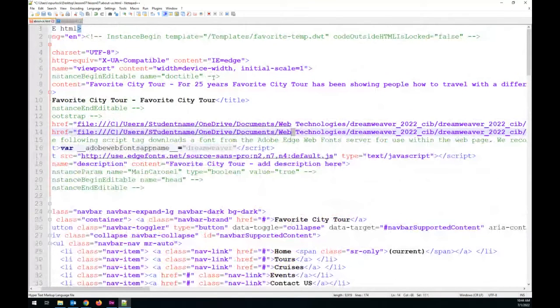So how do we fix this in Dreamweaver? First of all, the easiest way to do this is outside of Dreamweaver. Just work on this in a text editor. I prefer Notepad++, where I can just open the HTML, change the link, and save it, and then it will update that one page. So if we're going to work with it in Dreamweaver,